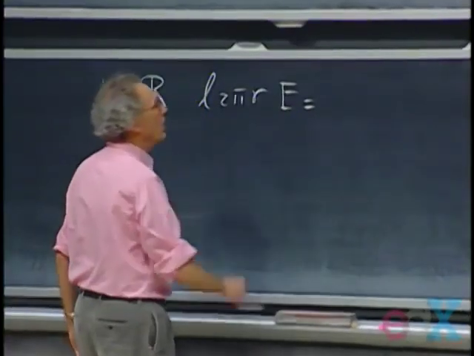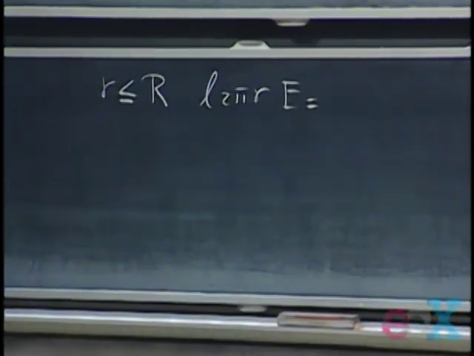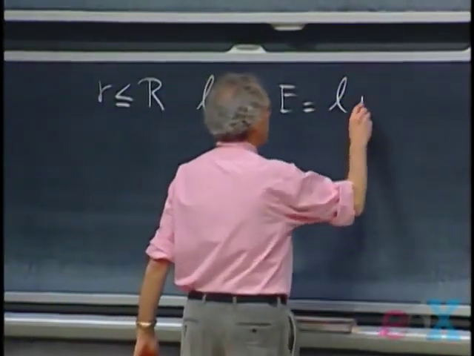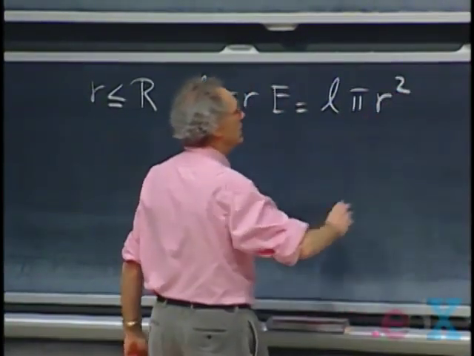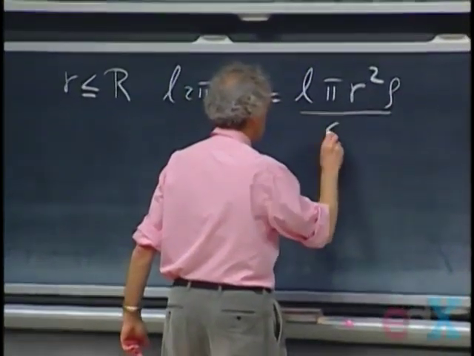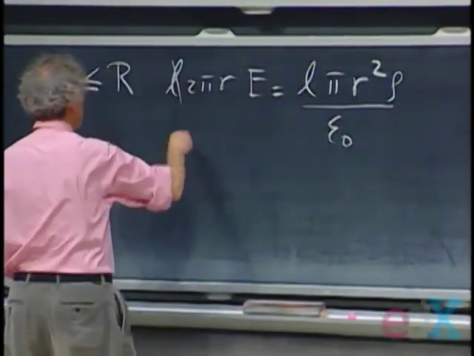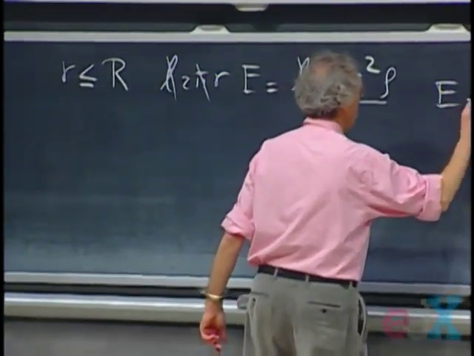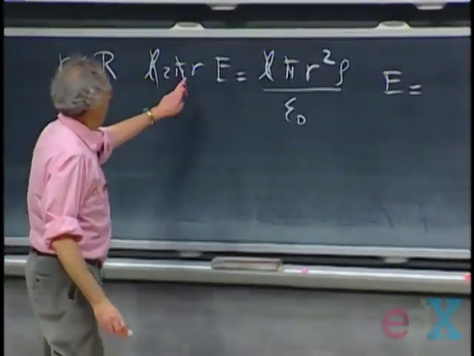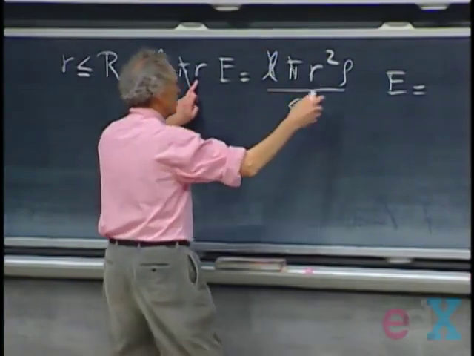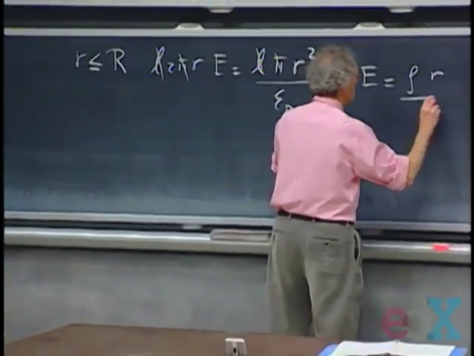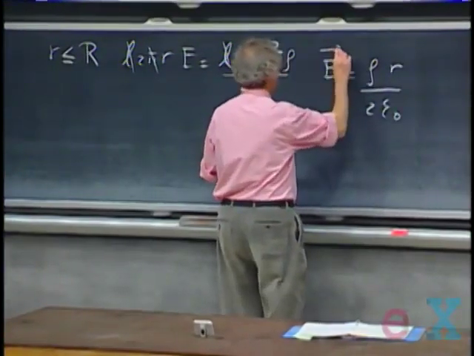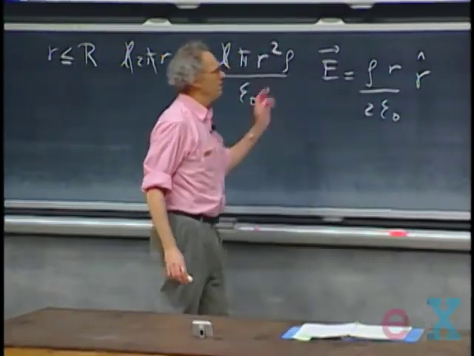The arguments are identical. But now there is less charge inside my Gaussian surface. The volume is L now times pi little r squared. And then I get rho to convert it to charge divided by epsilon 0. I lose my L, as I always do. My pi goes. And so now I get E equals, there's an r here and there's an r squared here. And so I only end up with 1 r divided by 2 epsilon 0. And if you like that vector notation, you can always do this.